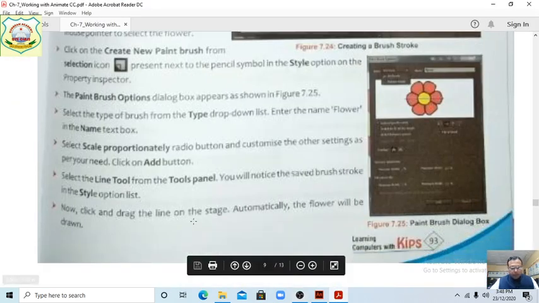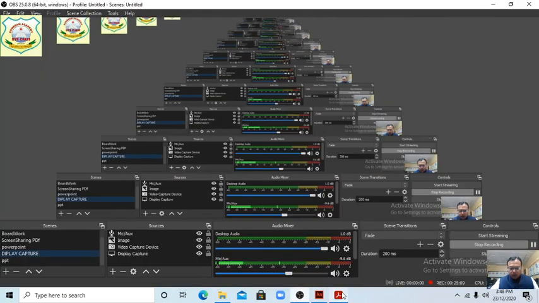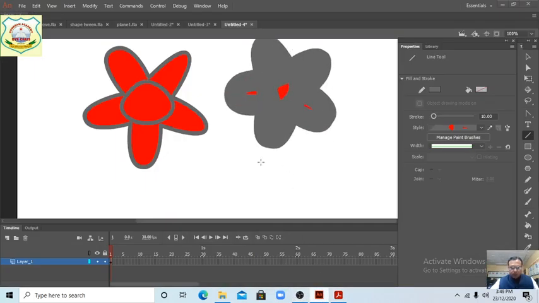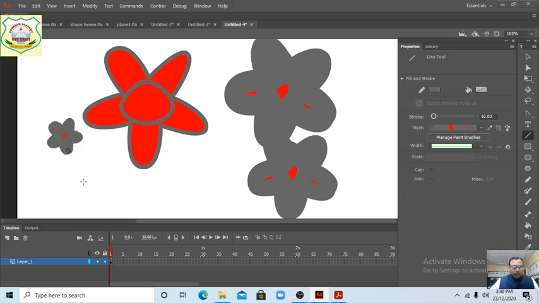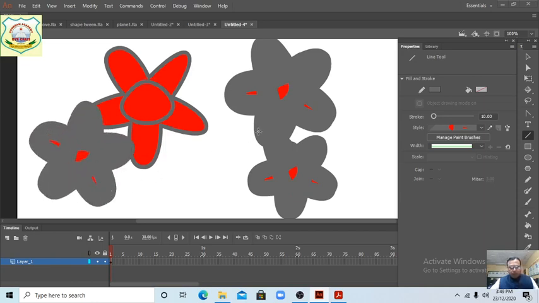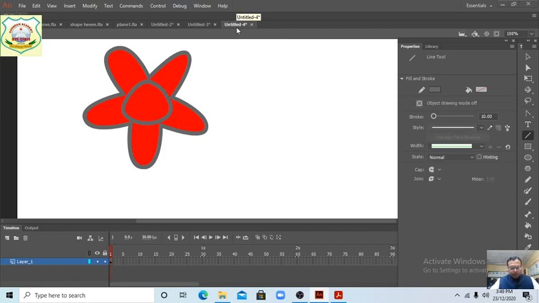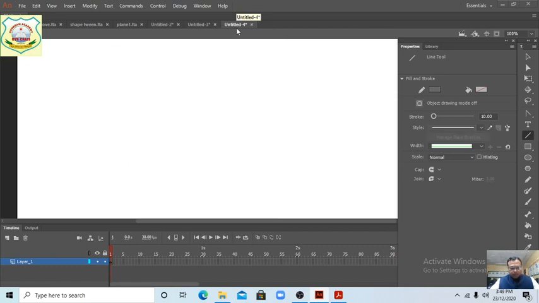Now click and drag the line on the stage, and automatically the flower will be drawn. So you can see, students, see this. Actually their thickness is hard, so like this it is coming. When the thickness is removed, again it will come. I'm doing it again better, just see everyone. Stroke, now we have